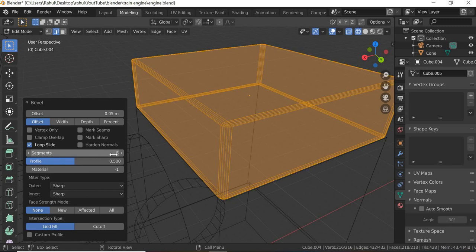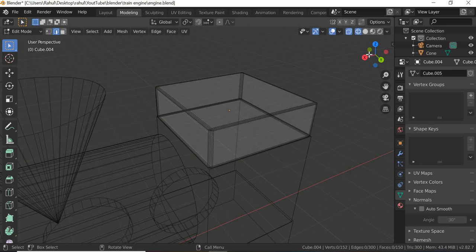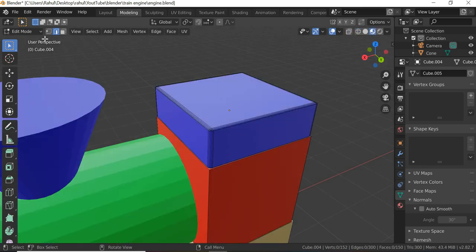So I will go to say 5. So we are using 0.05 and 5. Even 4 is a good number. Okay, so 0.05 and 4 segments is what we are going to use. And what happens now is,